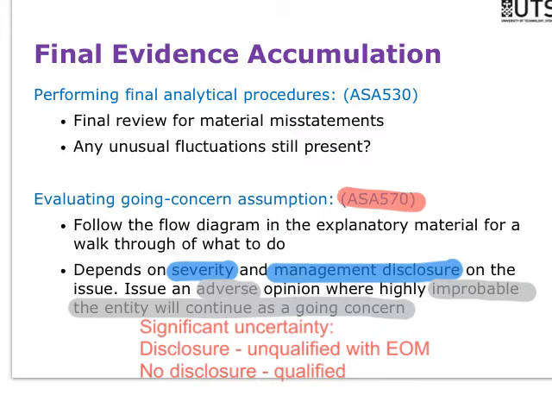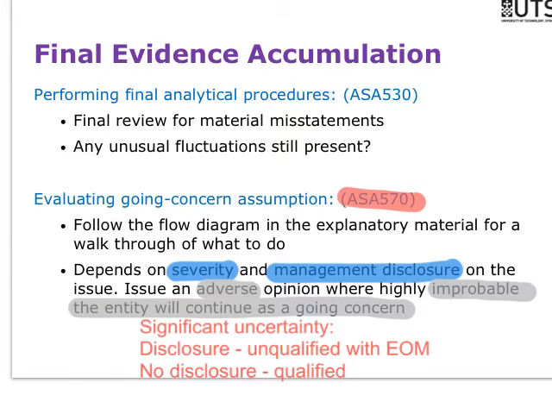Okay, so the most severe stage of going concern is improbable, where we expect that the client will fail very, very shortly. A less severe stage is significant uncertainty, meaning we're at least 50% sure that the client is going to go under. If management willingly disclose this information, then you can issue simply an unqualified opinion with emphasis of matter,